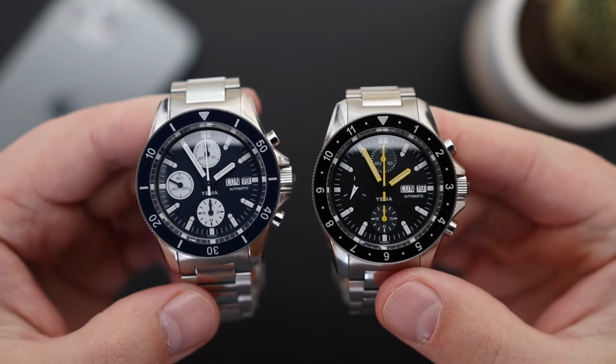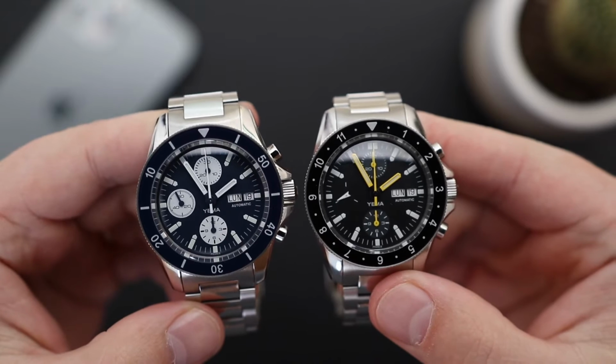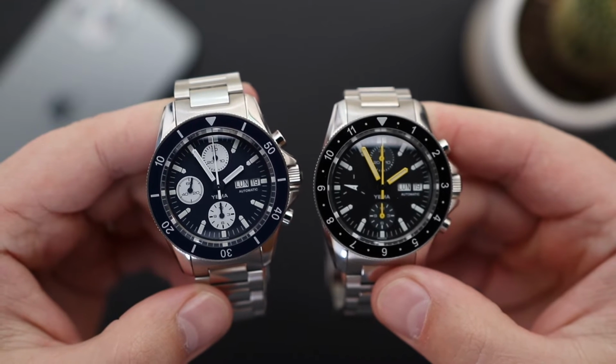Now, if you want an automatic chronograph with more than 100 meters of water resistance, well, then you have even less options. Yama watches saw an opportunity to introduce an affordable, quote-unquote affordable, $2,000 is still a lot of money, but it's sort of average for an automatic chronograph watch. So Yama decided to introduce this diver style chronograph watch in this price category,